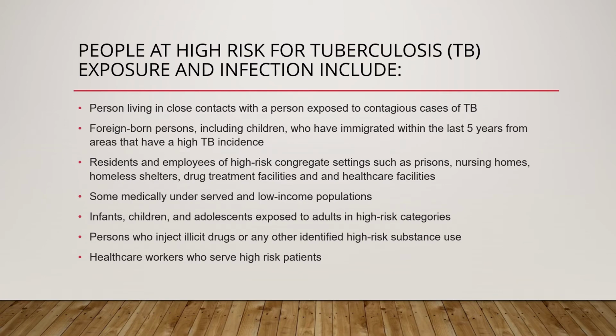So the people at risk for tuberculosis are persons living in close contact with a person exposed to contagious cases of TB, foreign-born persons, including children who have immigrated within the last 5 years from areas that have a high TB incidence, residents and employees of high-risk congregate settings such as prisons, nursing homes, homeless shelters, drug treatment facilities, and healthcare facilities,